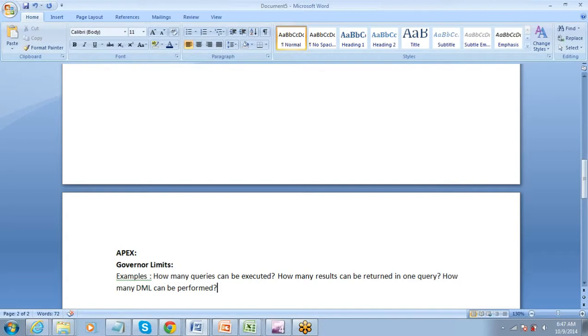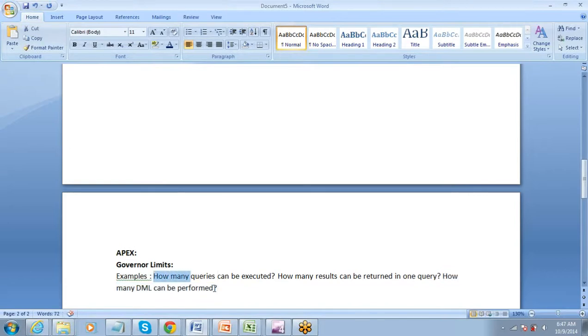If you have started a big update operation and it is continuously going and does not end, or it keeps on updating 1 million records one by one, it's ultimately going to hamper your performance and the performance of others. For that reason, how many DMLs can be done maximum? There's a limit. After that, it will exit.